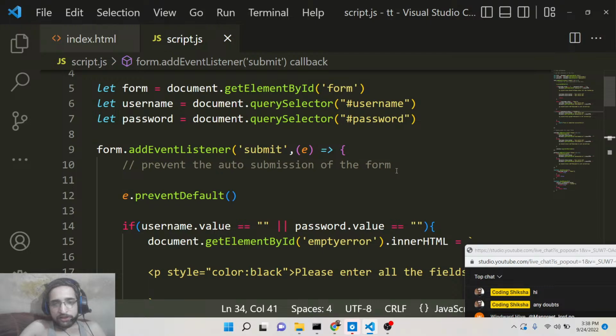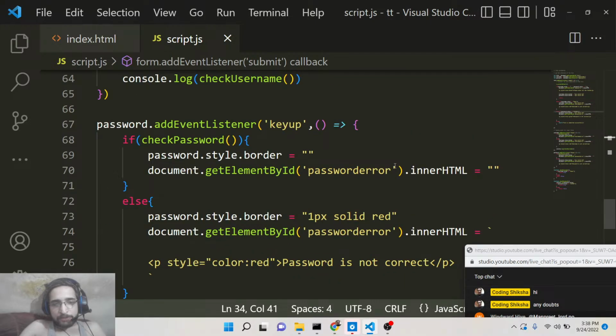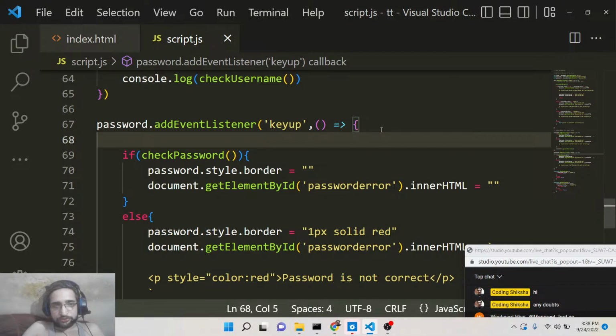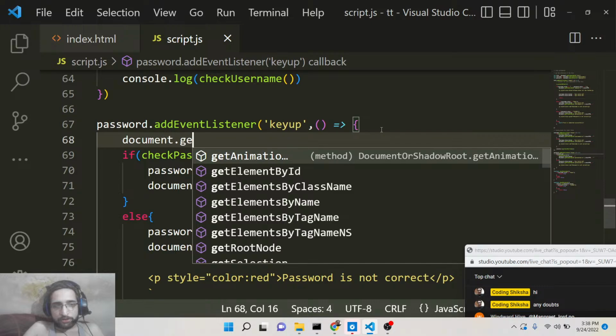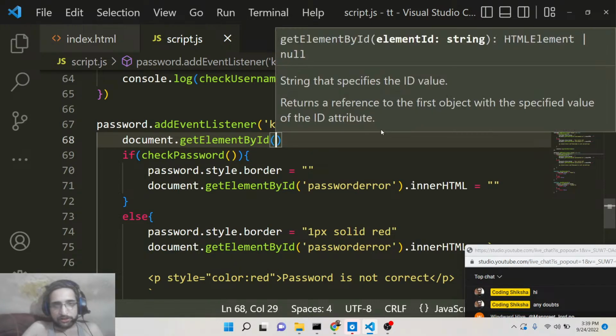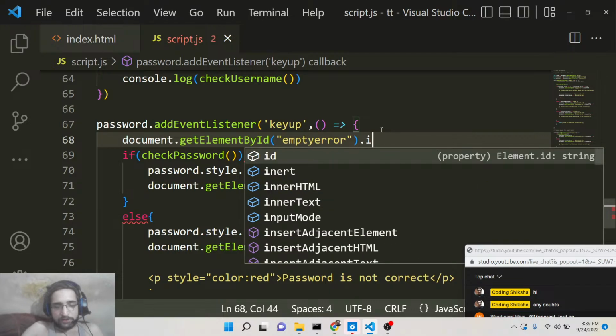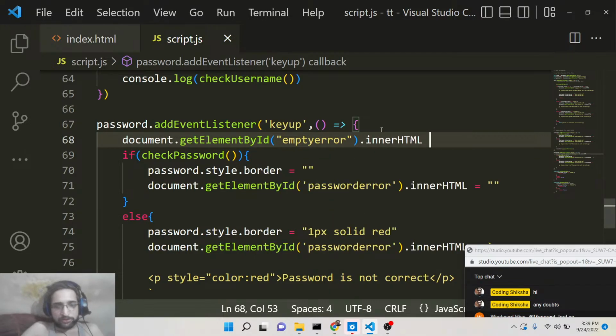So whenever we start typing here, basically we can remove this. Here we can simply say document.getElementById, empty error, and here we can change the inner HTML to nothing,